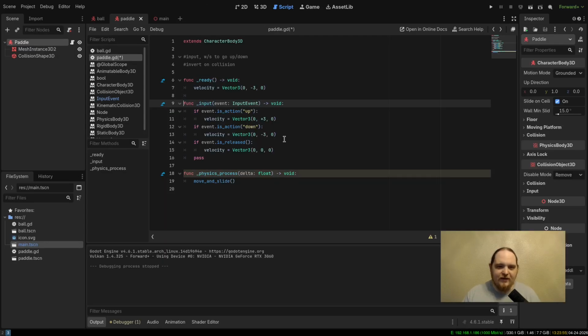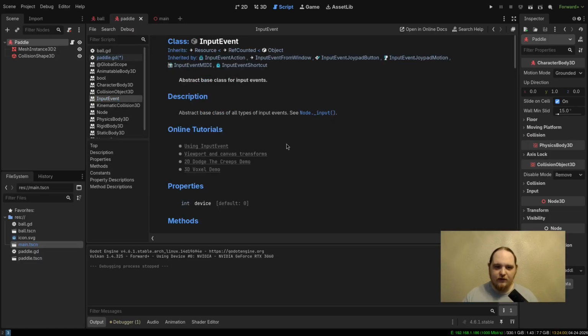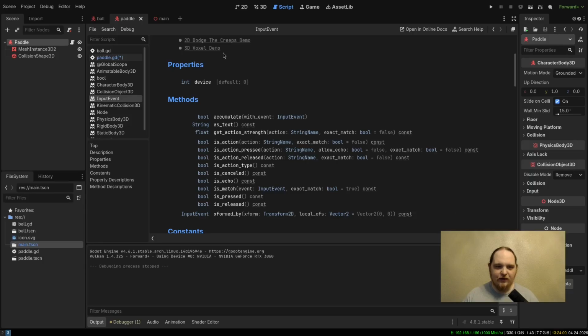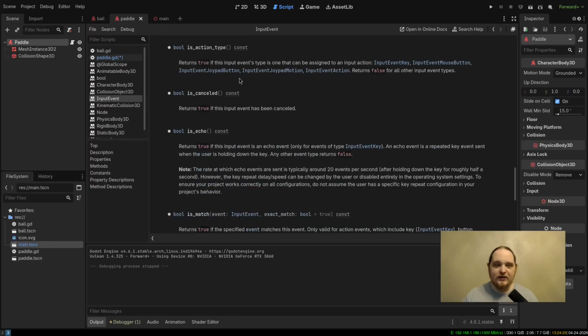To figure out if it's a mouse motion so we can discard it, we need to Control and left click into InputEvent and see what we have here that can help us determine what type of action this is. We have isActionType, which sounds like what we want. Returns true if this input event's type is one that can be assigned to an input action. And those types are InputEventKey, InputEventMouseButton, InputEventJoypadButton, InputEventJoypadMotion,